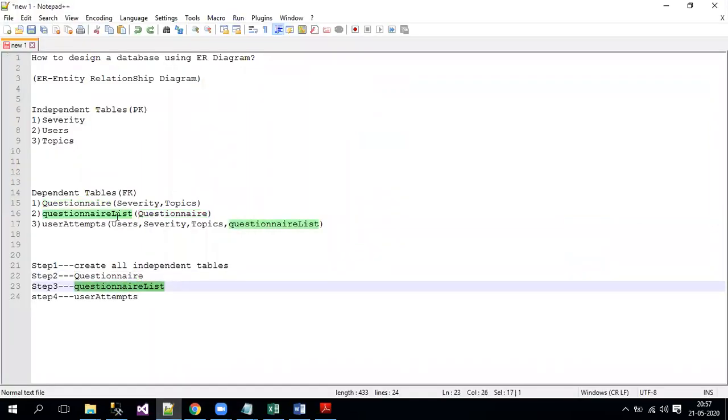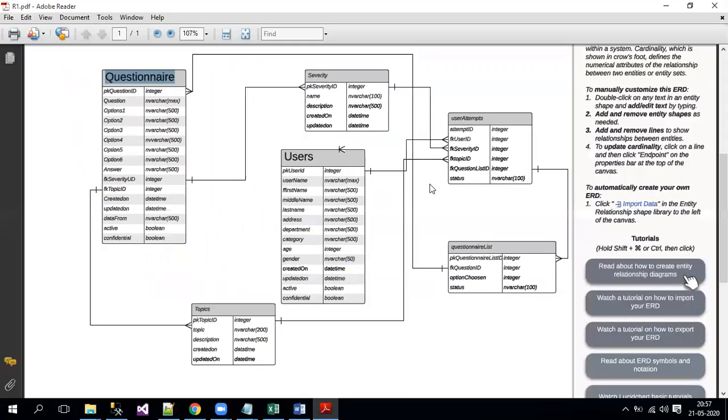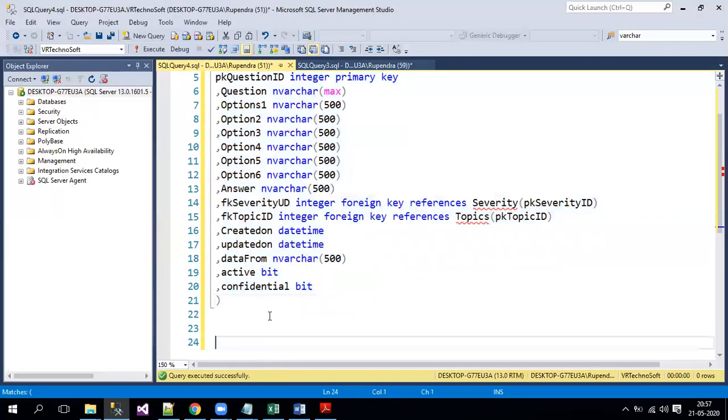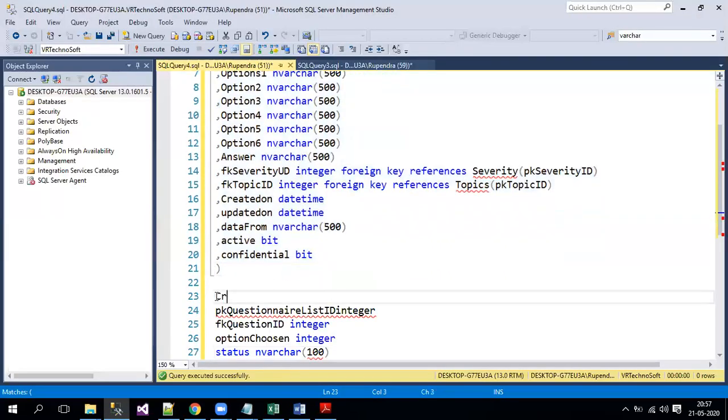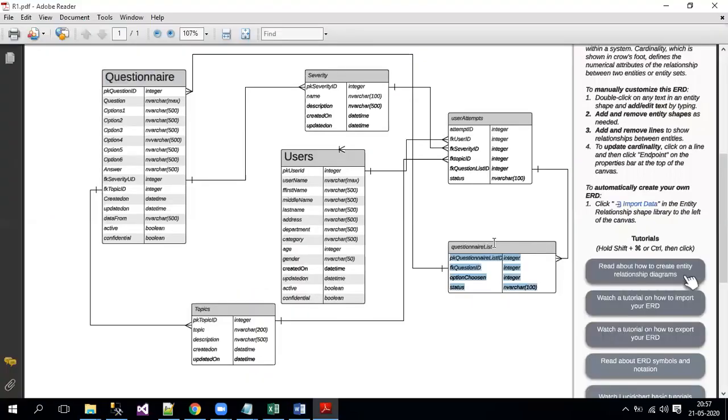Now this questionnaire list is not depending on either of these independent tables, it is depending on the questionnaire. So the questionnaire we have already created, so we'll go and create it. So the questionnaire list table is this one. Now create table, I'll put the table name questionnaire list.